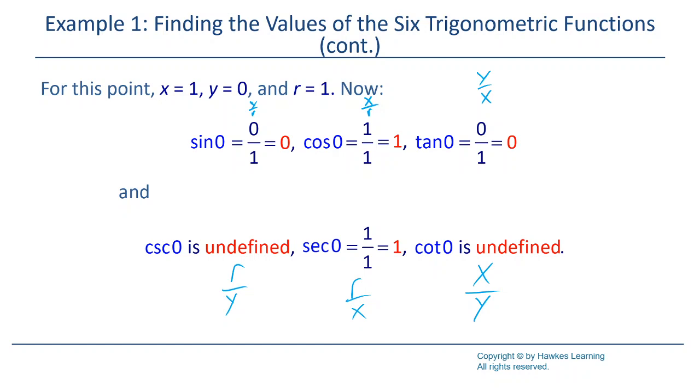So this is just a way that you can see when you're simply given an angle, you can either look for a point that works, or you can go to the unit circle. There's a lot of different ways to go about it. And you can see if we had picked